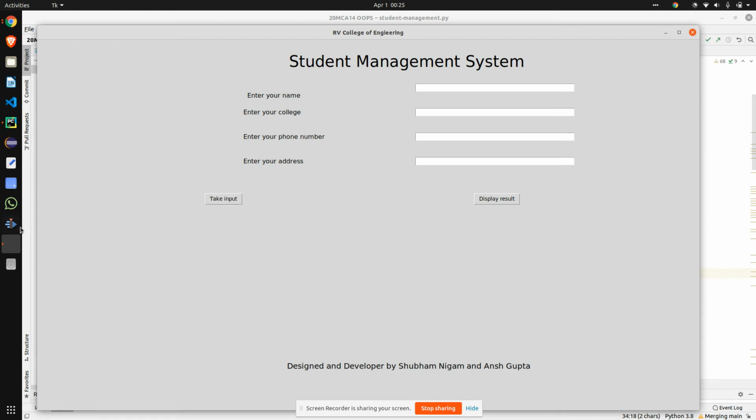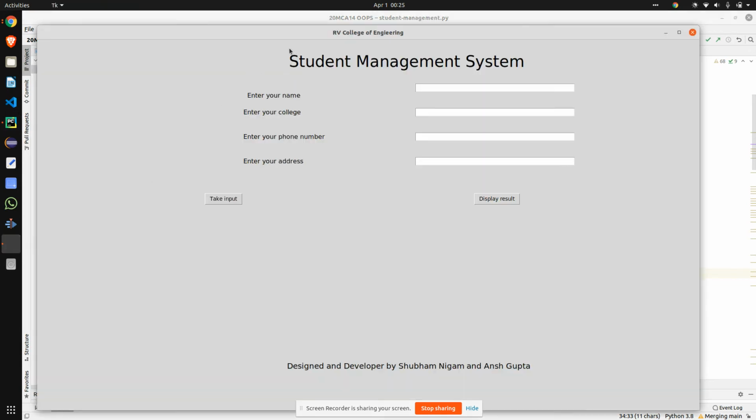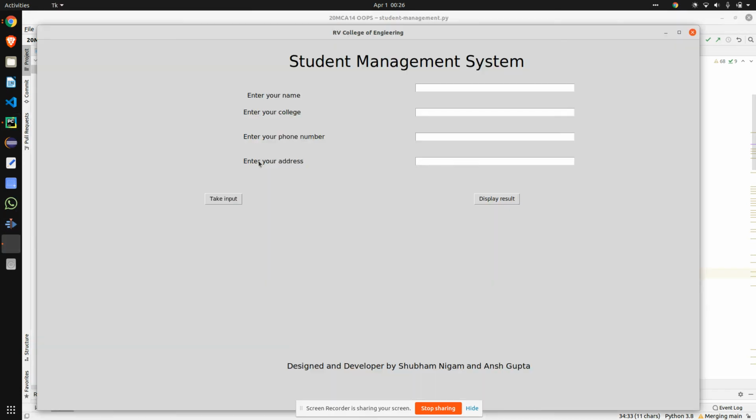In the zeroth row I am giving our text. Column span means 2, that from the second column I want to start our text. And what is the x-axis and y-axis of our text? From 500 pixels of x-axis and 30 pixels of y-axis I want to show my text here.